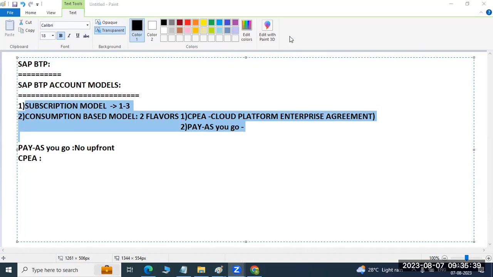Hey, Ravi. Yes, Imam. For the consumption-based model, we have two types, right? Pay as you go and CPEA, I mean, enterprise agreement. Yes. So pay as you go, like we